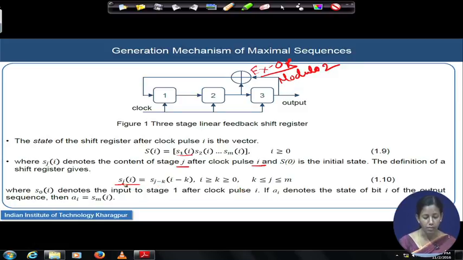The value of S_j at the ith clock pulse is the value which was stored in stage j minus k at the moment i minus k, or the (i minus k)th clock pulse. If I take an example, say the value stored in stage number 2 after the arrival of the second clock pulse,